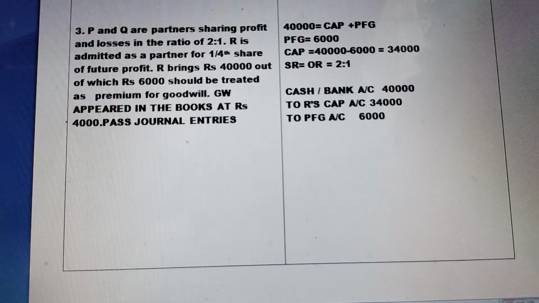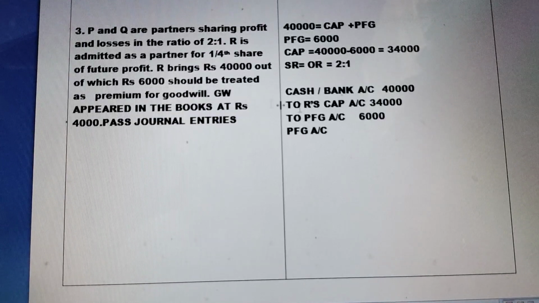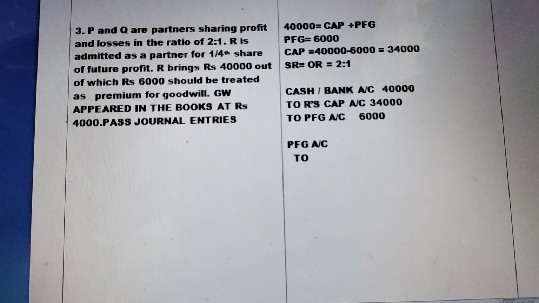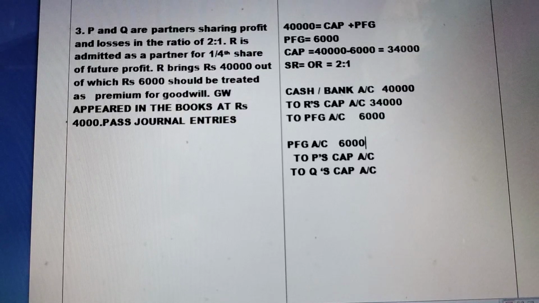So the second entry will be premium for goodwill account debit. Whenever you want to transfer something, its position has to be reversed: if it's credited, it should be debited; if it is debited, it should be credited. So premium for goodwill to P's capital account, to Q's capital account. The premium for goodwill is 6,000, and this premium has to be distributed amongst the sacrificing